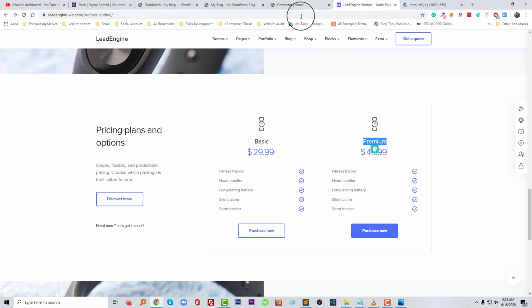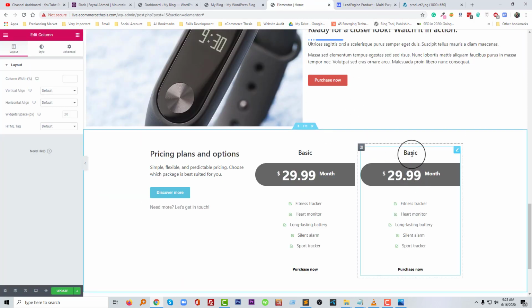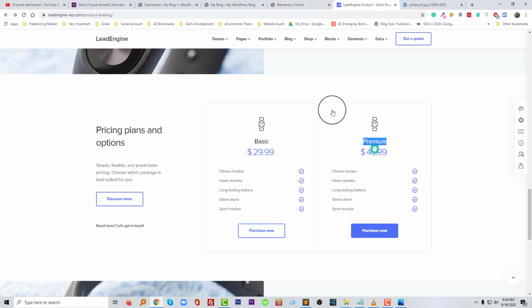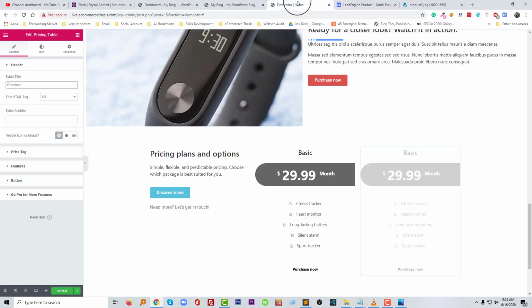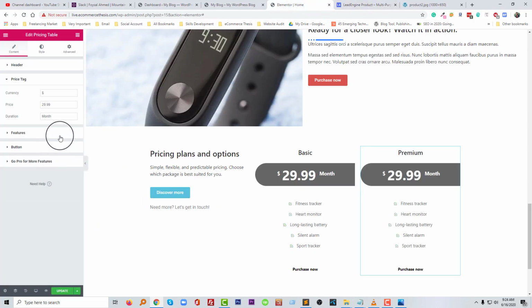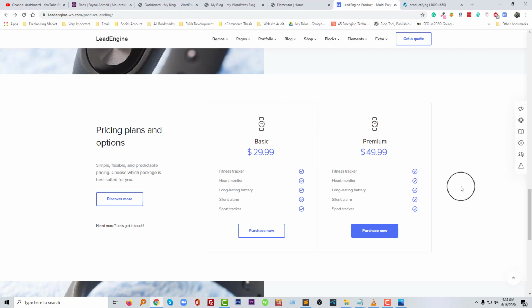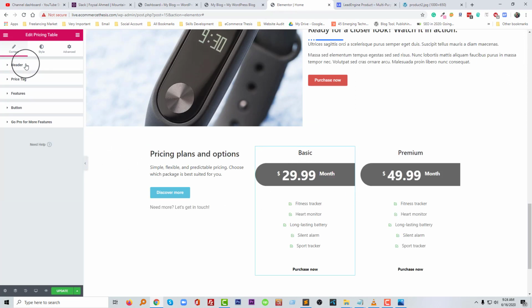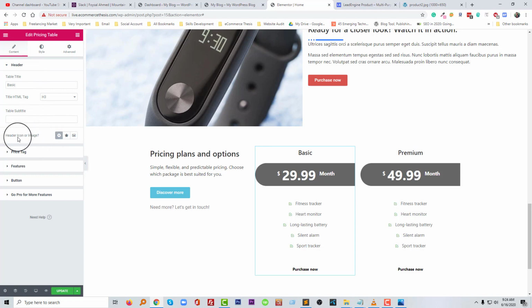Just changing the title and text, premium, price, pricing tag. Okay, purchase now in the same like previous, and we can add icon in the header icon,